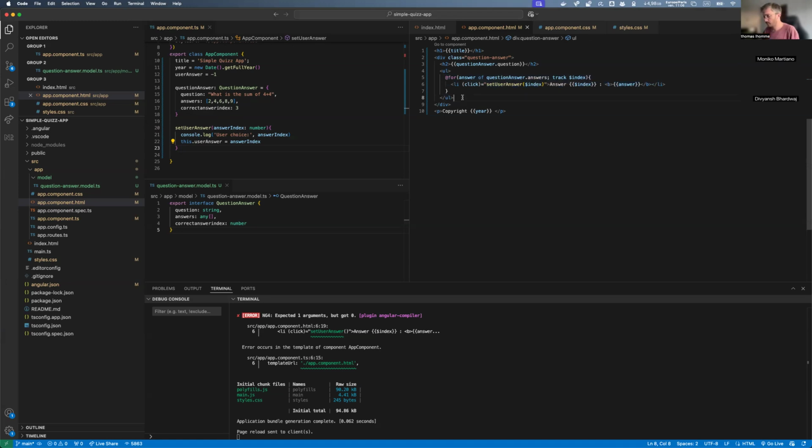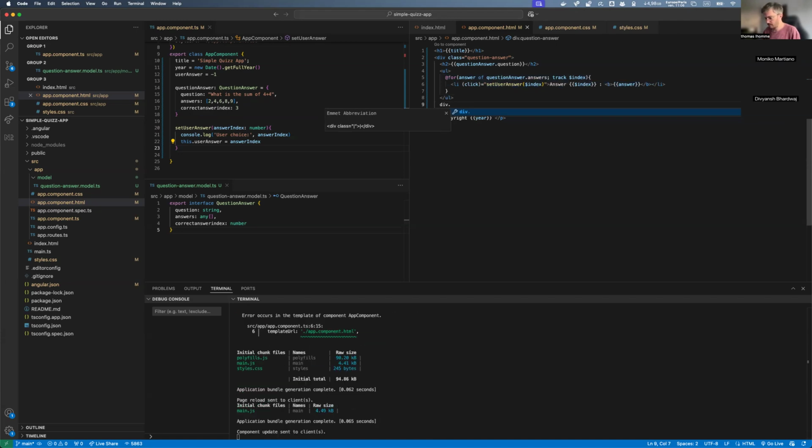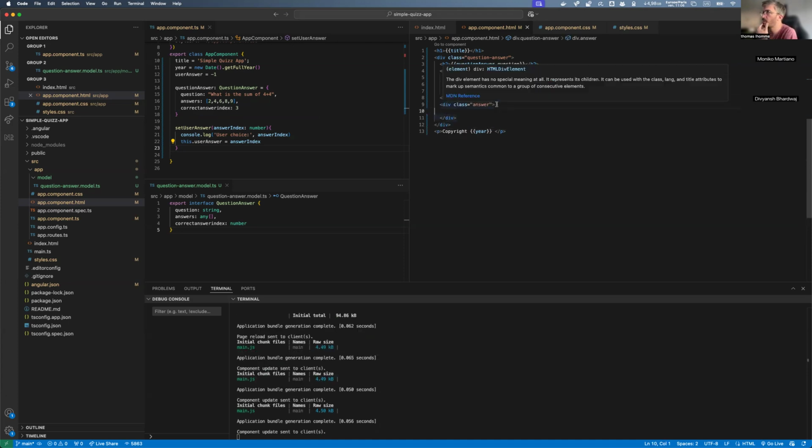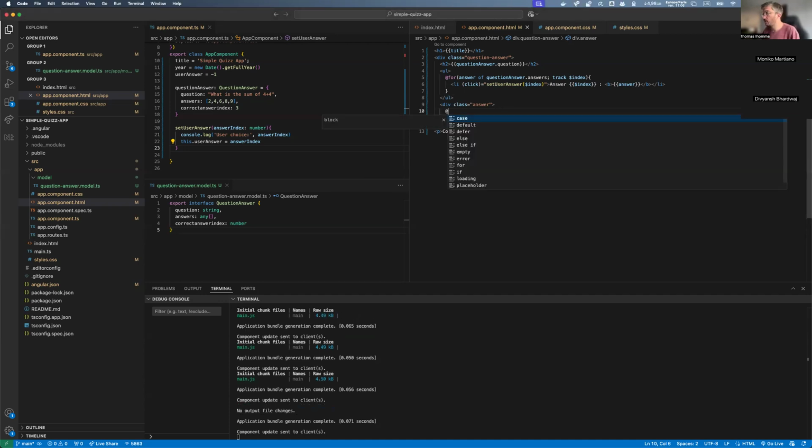I'm going to call it answer, and inside of this one I'm going to put some information. We used a for already, so now I'm going to use if.